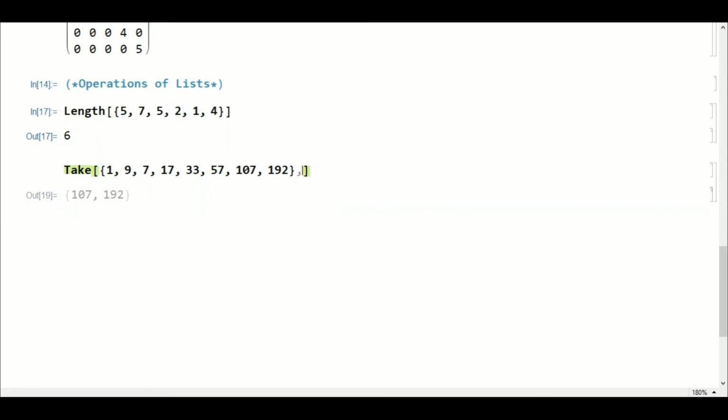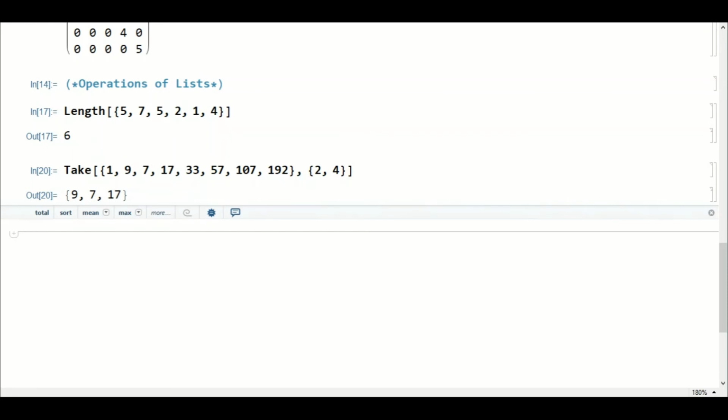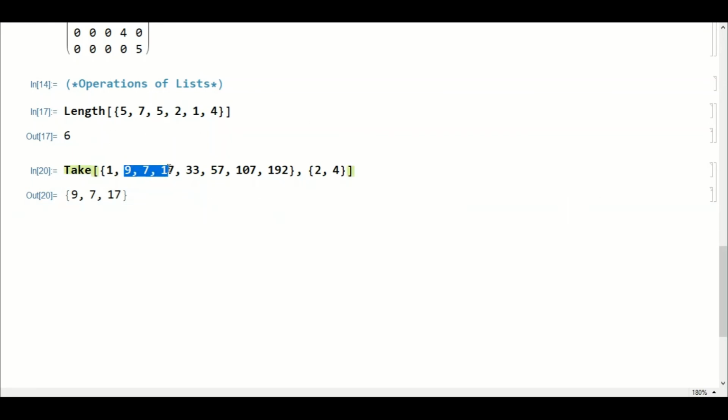So I will write in curly brackets 2, 4, and you can see that from 2 to 4 only these elements are taken. If you want to use minus here, you can also use from -5 to -3. You can see that 17, 33 and 57 are taken, but from reverse. So this is how the take function works.